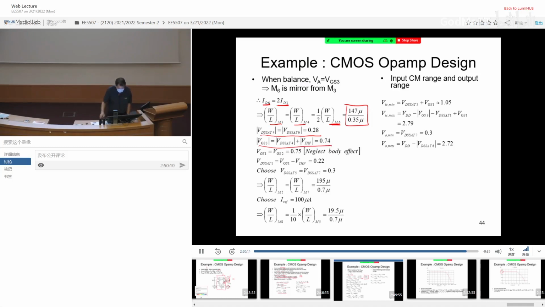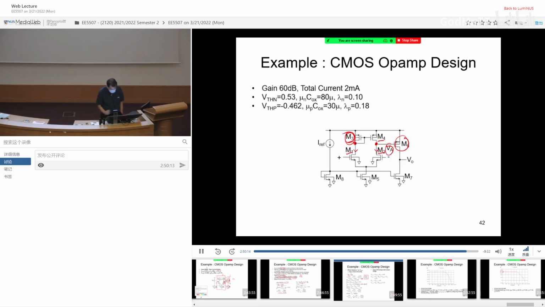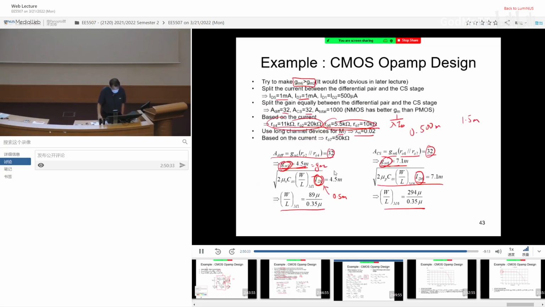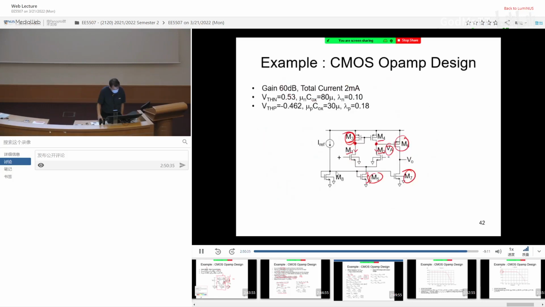Choose VDS sat 5 and VDS sat 7 to be 0.3. What do I mean? M5 and M6 are actually a current mirror. So for a current mirror, as long as the VDS is bigger than this VDS sat, the transistor is operating in the saturation region, everything is fine. So here, I'm choosing this guy to be 0.3. This is actually, I believe, operating at 3 volts, so I have sufficient headroom. So I allocate 0.3 for this transistor, VDS sat to be 0.3. Now, if you don't have sufficient headroom, you can lower this down to probably 0.1